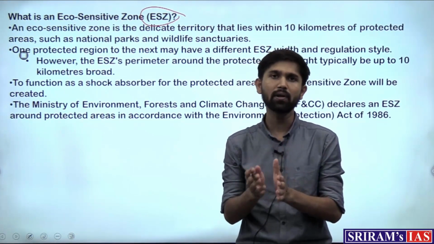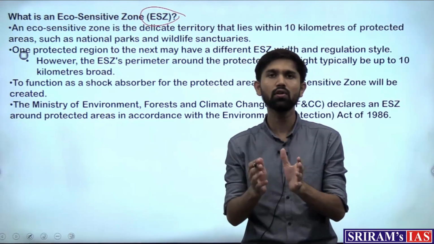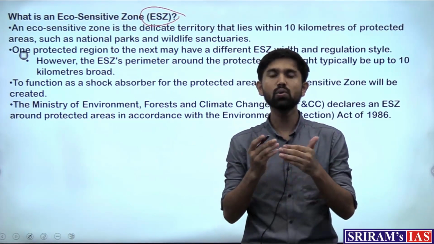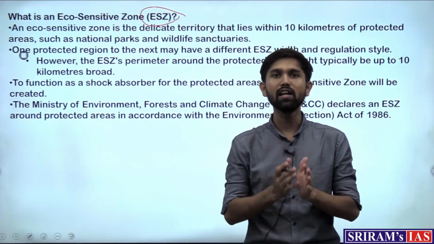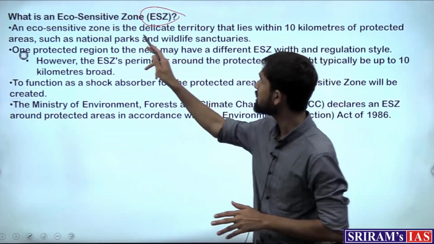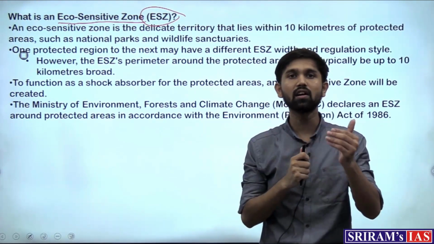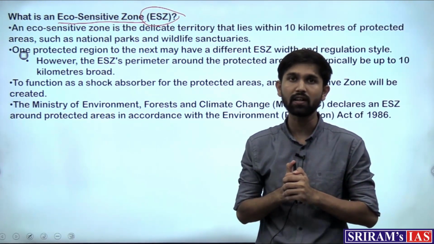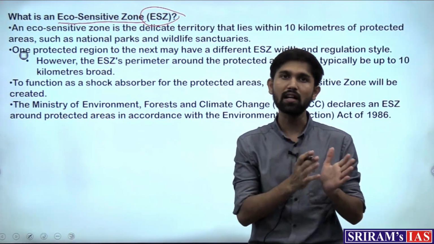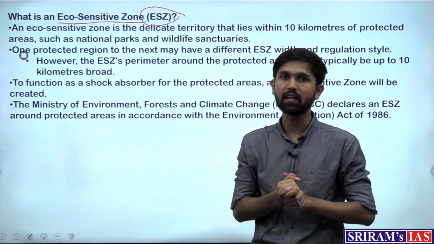What do you mean by protected areas? The wildlife sanctuaries, national parks, tiger reserves, all of these areas are collectively known as the protected areas of the country. So an additional layer of boundary in and around these protected areas is known as an eco-sensitive zone. This boundary region can extend up to 10 kilometers around the protected area, and this is kept to maintain a safe transition distance between the human habited areas and the protected area networks.